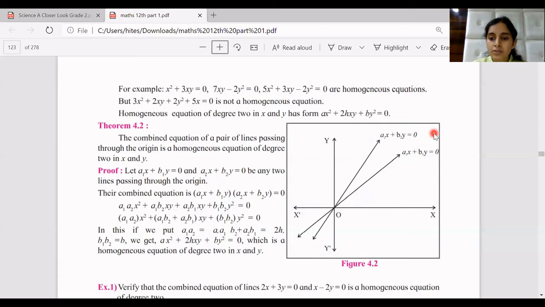What will be their combined equation? Basically, we have to multiply them. So if you observe here, they've multiplied the two brackets, and when you multiply the two brackets, you get a1 a2 x square plus (a1 b2 plus a2 b1) xy plus b1 b2 y square